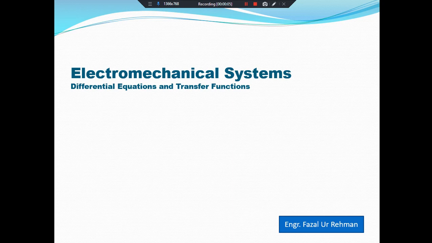Today we will discuss the electromechanical system. Basically, an electromechanical system is the combination of electrical and mechanical systems. Usually, it has an electrical input and the output is in the form of mechanical. An example of an electromechanical system is your antenna azimuth position control system, which you have studied in chapter number